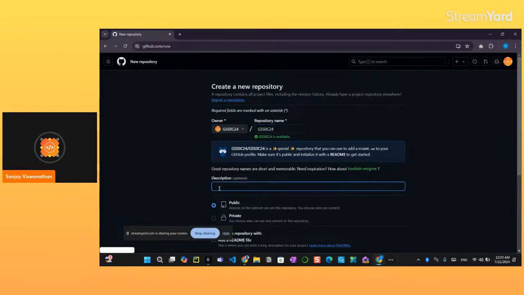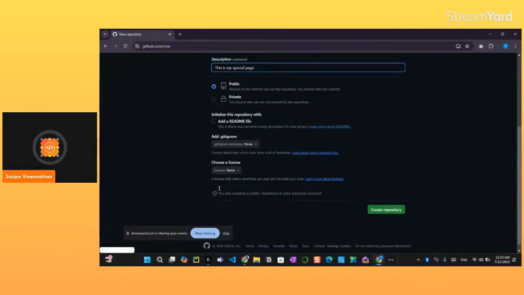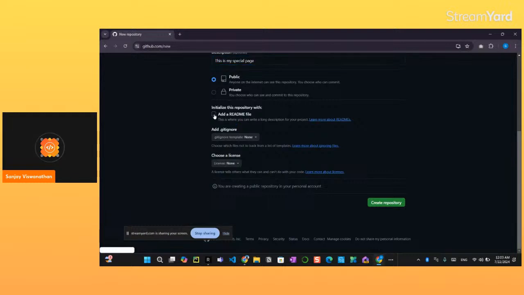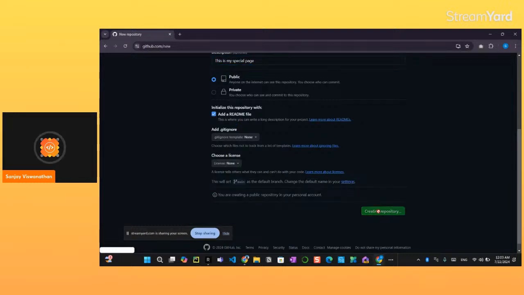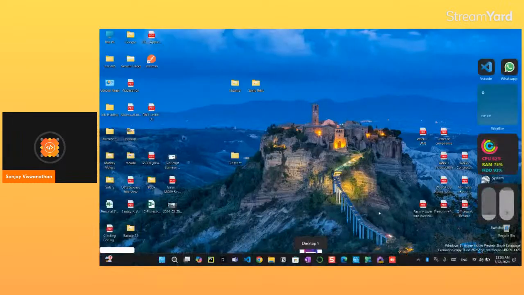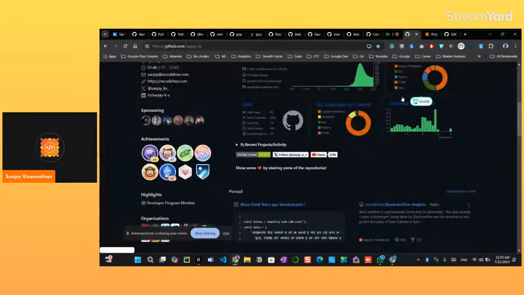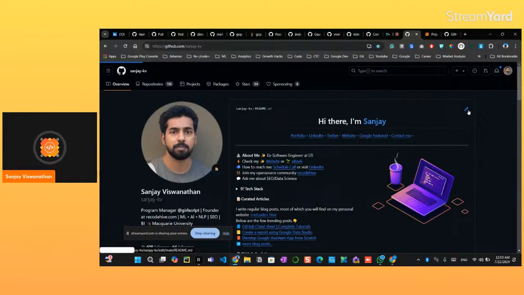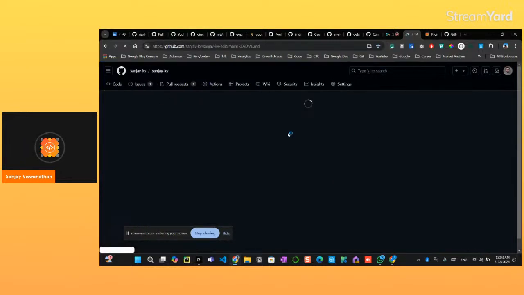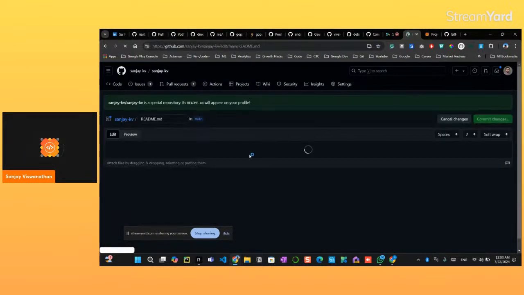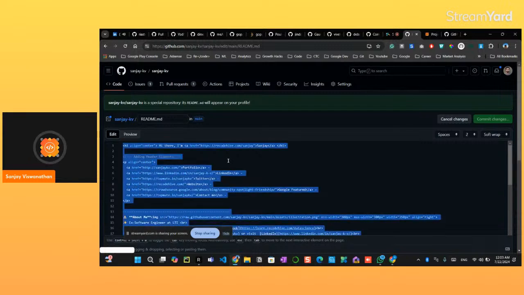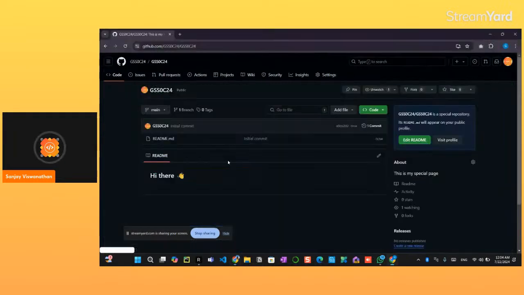So now click on the description. This is my special page. Make it public. Add a readme file. Create a repository. Awesome. Now you can come to my repository. Try to click on the edit button. So as you are outside of the organization, you might need to fork it first. Do the forking, copy the entire thing, then go back here, click on the edit button on your readme file,